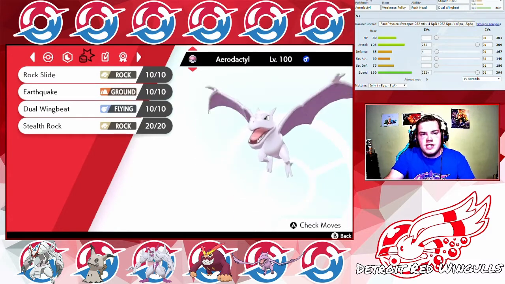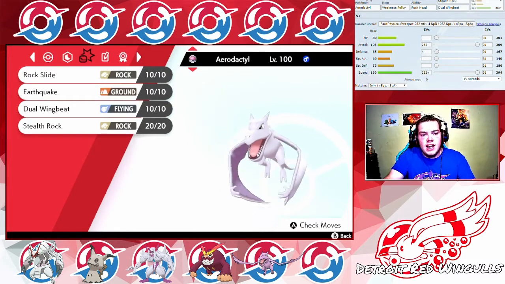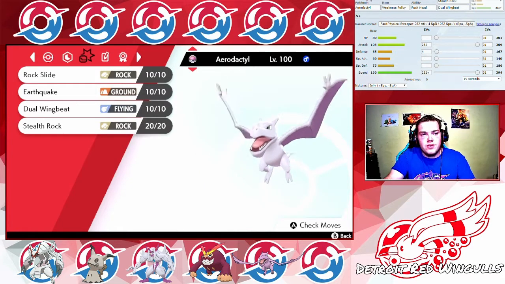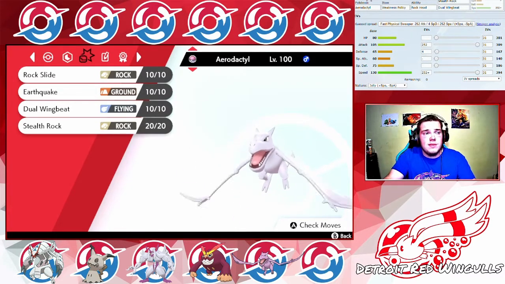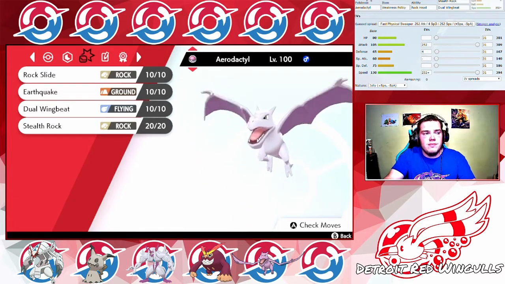But he does have a Sun team. He does have a lot of fire types, as well as a Togekiss that is weak to rock, as well as some chip damage. It's always not a bad idea, so I do have Stealth Rock to set up against Suede to kind of mitigate his